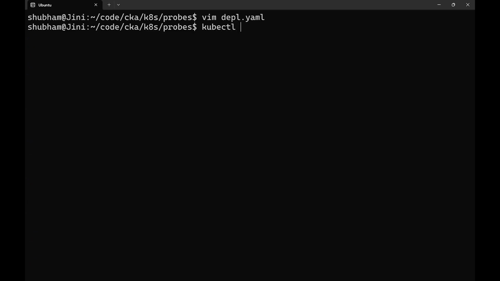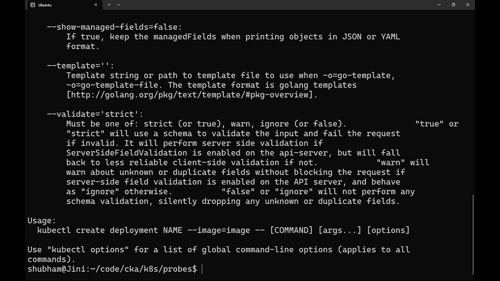We can use the kubectl command for the basic template of the deployment. So kubectl create deploy, and I don't remember the command, so I think I'll need some help. The command is kubectl create deploy, name of the deployment,